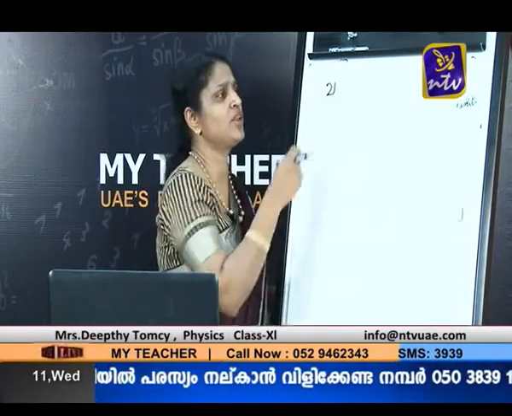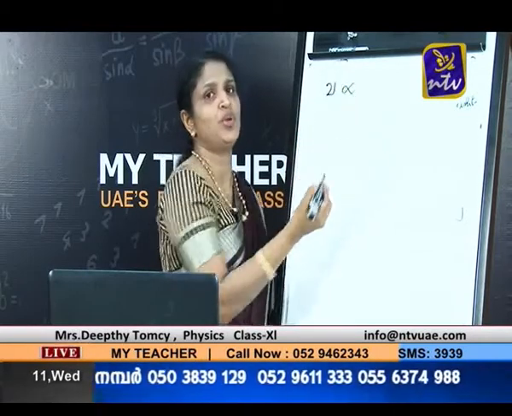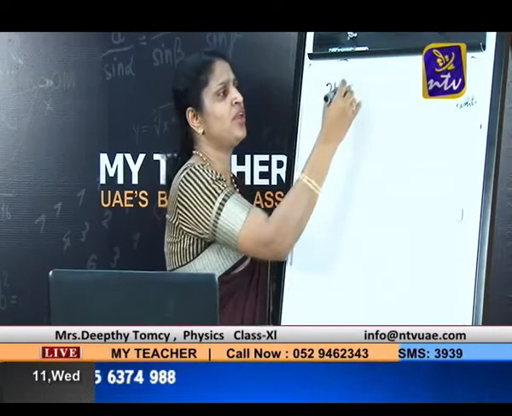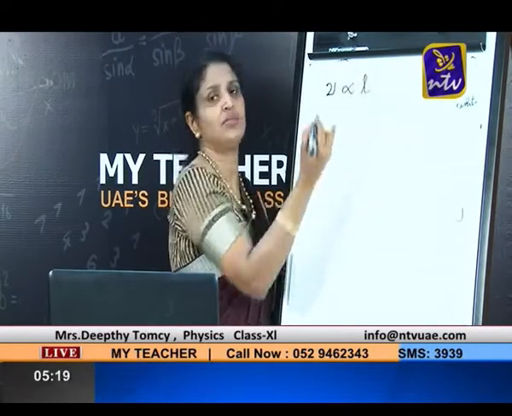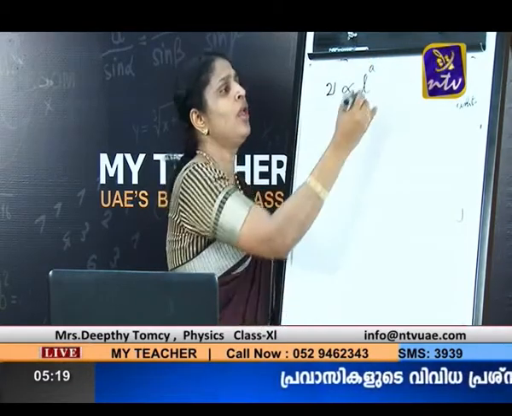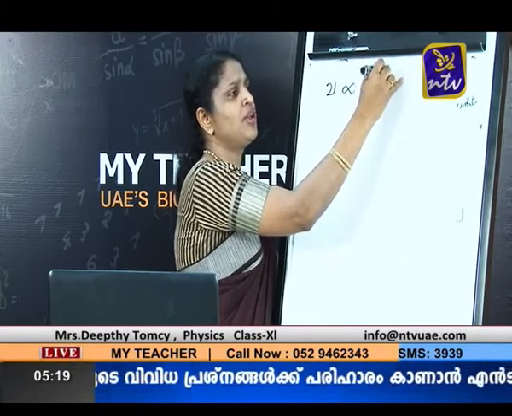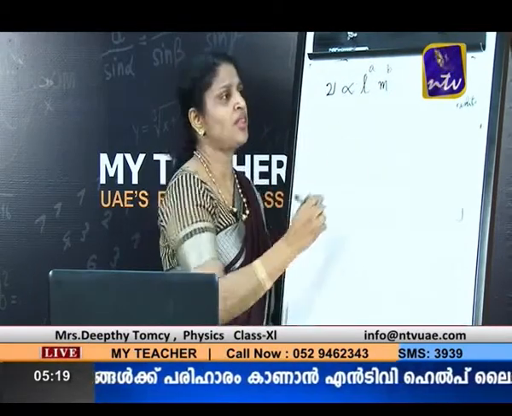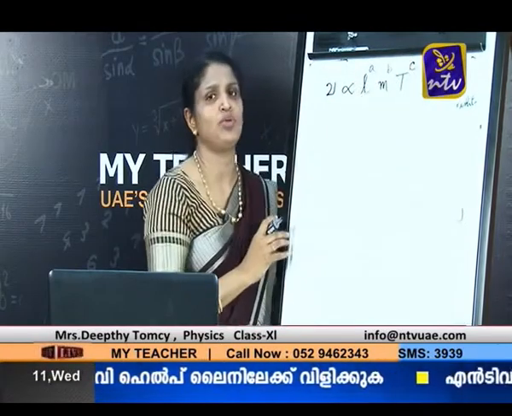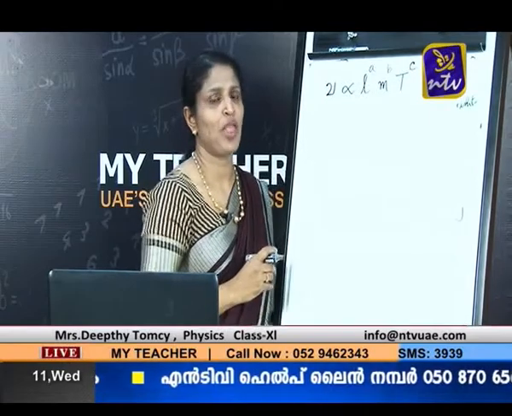In the question it was given that the frequency is directly proportional to some factors, but we don't know to what powers it depends on them. We are given the names of the factors. Length is one of the factors; let us consider the power to be A. The second factor is mass per unit length, let its power be B, and the third factor they have given is tension, let the power be T to the power C.